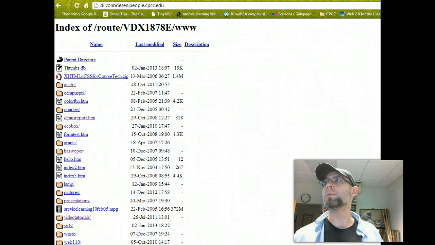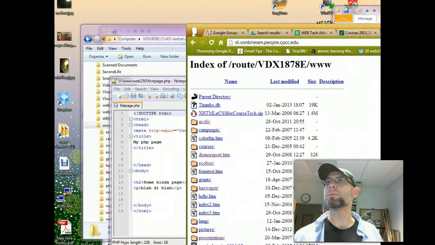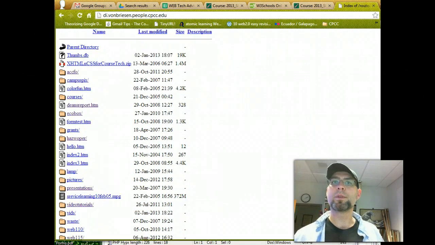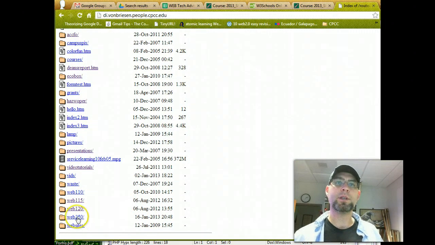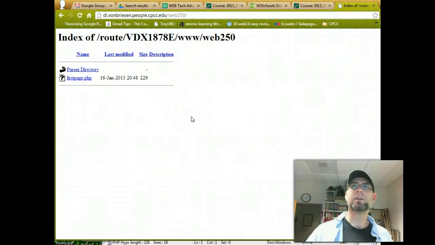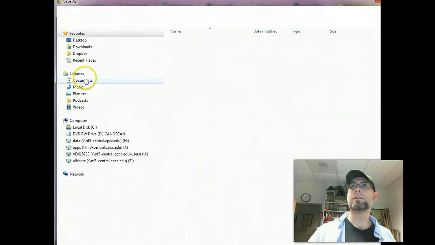this, come on baby, Windows likes to resize my window for me. I don't want it resized. I've got this Web 250. So in Web 250 is this first page PHP. I click it, and